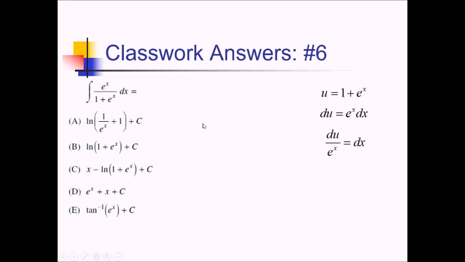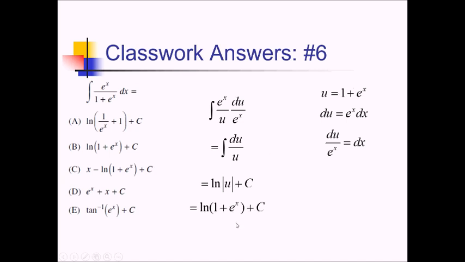Plugging all that back in, we can write this as e to the x over u times du over e to the x. These e to the x's cancel nicely, and then the antiderivative of du over u is just going to be ln of the absolute value of u plus c. And since that doesn't match any of the answer choices, let me substitute back for u. So that's going to be 1 plus e to the x inside that absolute value,